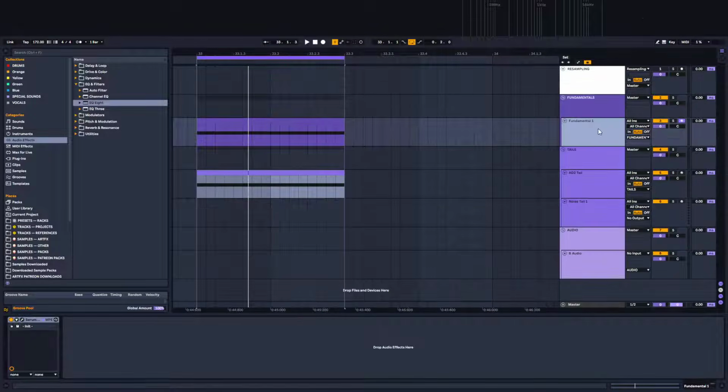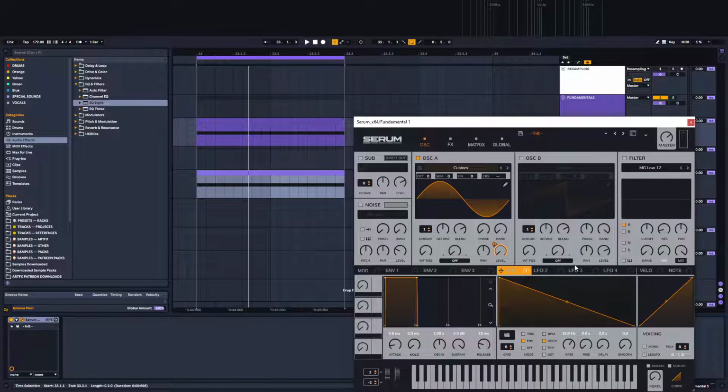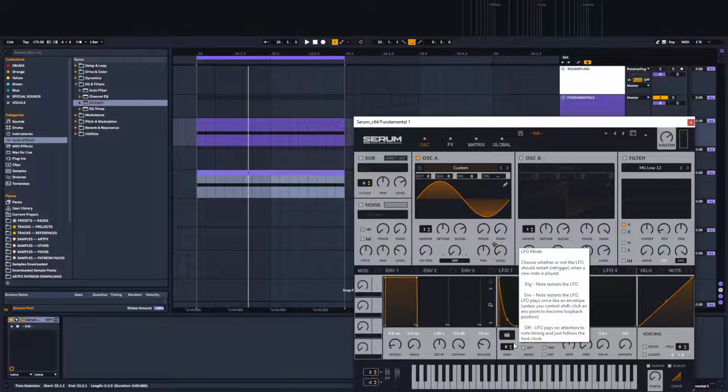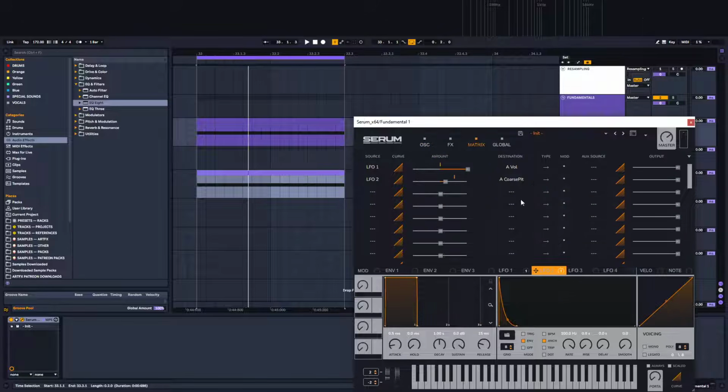Let's go into our fundamental, and I'm going to give it a bit of a pitch envelope. So let's go in here and let's just start with a simple one. Something like this, maybe. Just a very basic, sort of like pitch envelope. Unsync that, and let's set it to envelope mode. Bring this up, and we're gonna assign that to the pitch. And let's make sure it's unipolar. And then we can use this to add a bit of pitch envelope, and then